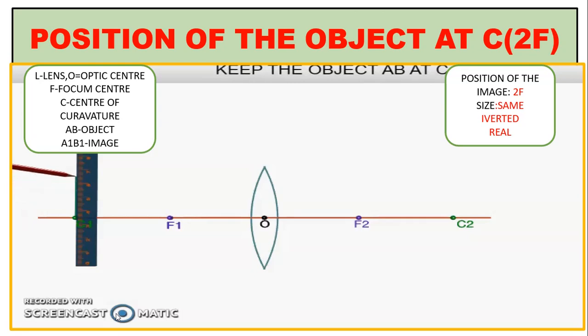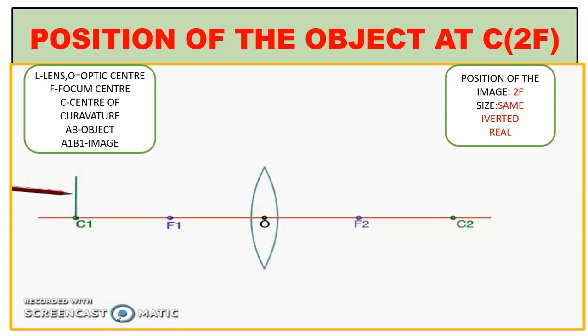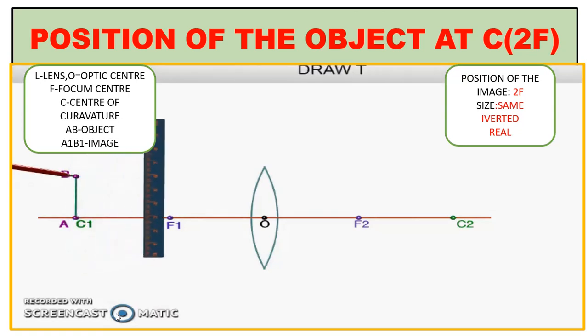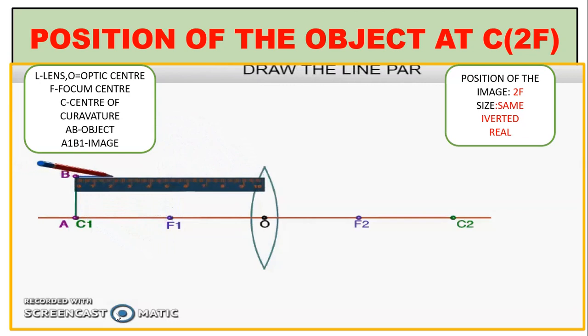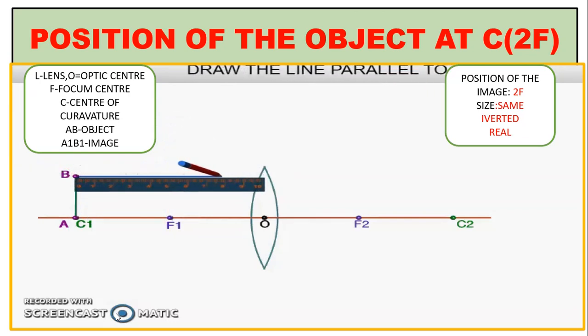Okay. Now I am keeping the object at C, that is nothing but 2F. Draw a line, the object is AB. Draw one line parallel to the principal axis from B, and it passes through F2. It passes through the focal point, that is focal point F2,